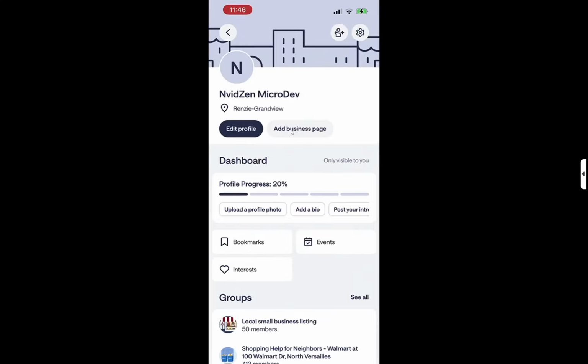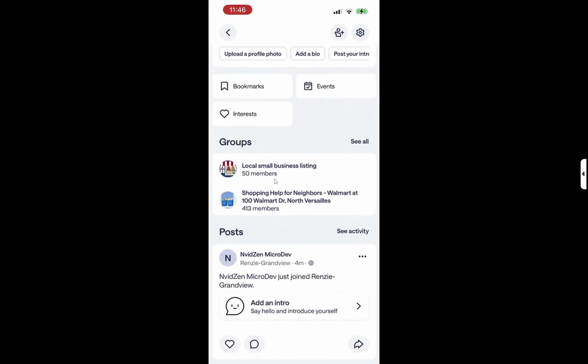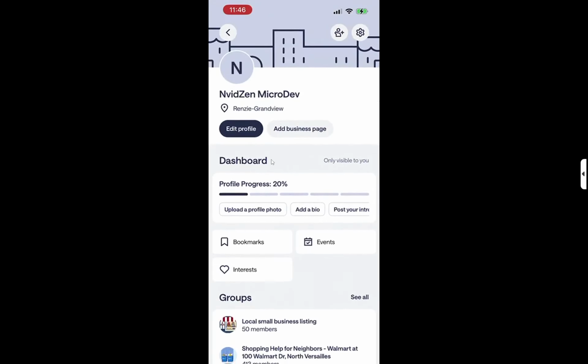From there, tap My Profile. This option allows you to view and edit your profile details. You will see various sections such as your name, address, and other personal information. It's important to familiarize yourself with this section, as it is the heart of your profile. You can make changes to multiple elements here, ensuring that your profile accurately represents you in the community.